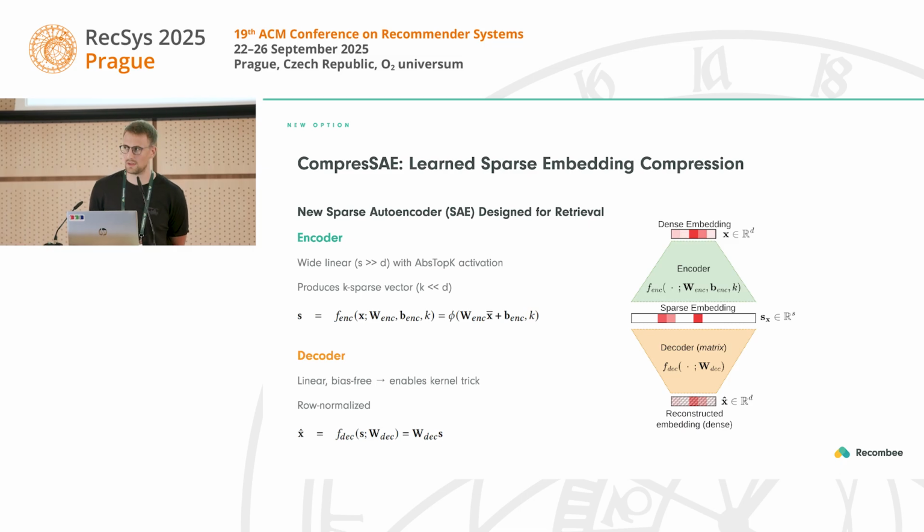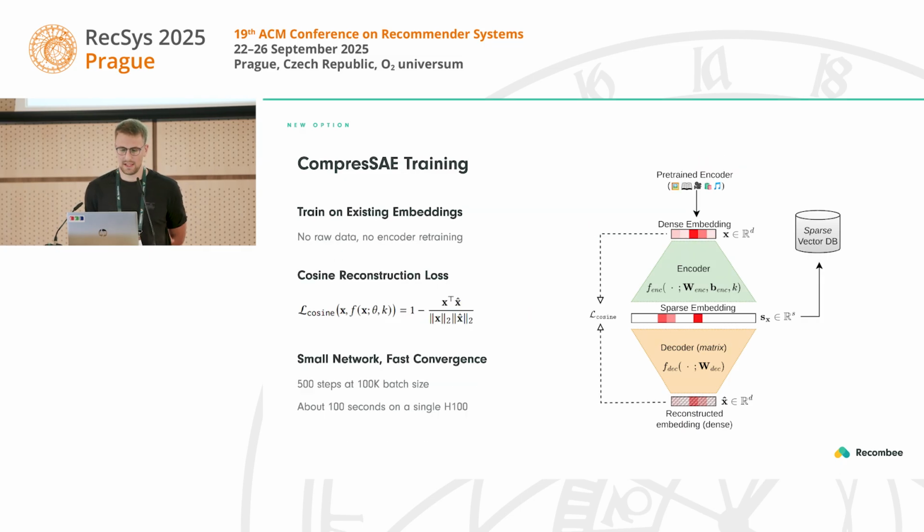The decoder matrix rows are normalized so that we enforce some regularization in the training loop. The training works by taking features or embeddings computed and stored in some feature store already available in your system, or by using a pre-trained encoder to generate batches of embeddings. This means it doesn't require new data or raw data during the training, only the embeddings that are compressed representations already, and it requires no encoder retraining, such as Matryoshka-based approaches.